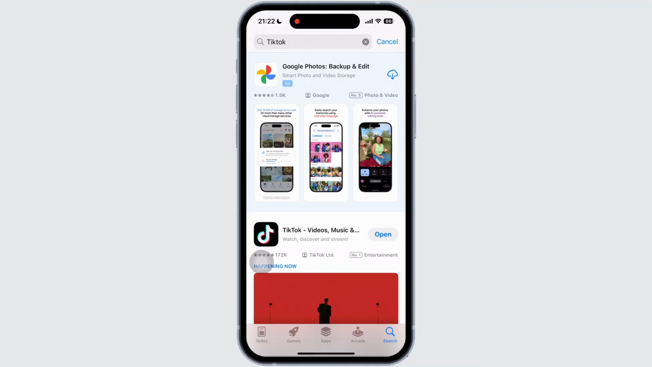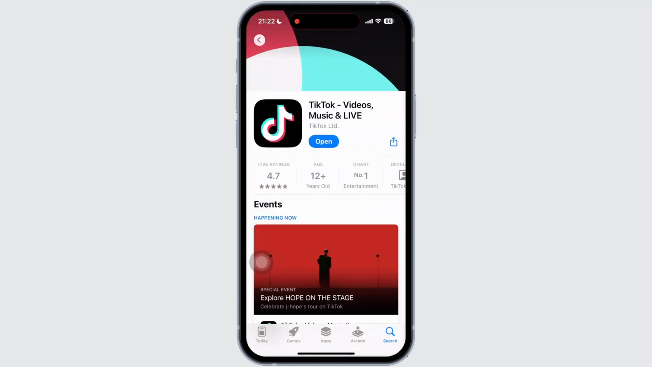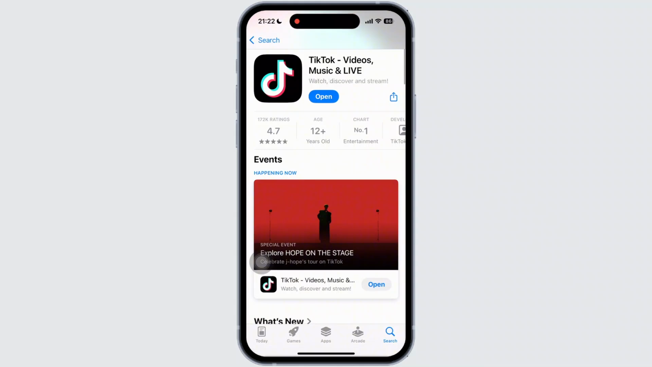Now, tap on the TikTok app from the list. And if there is an update available, then update it to the latest version of TikTok, and try logging in again. But if it still shows the error, then all you have to do is go back to the home screen and